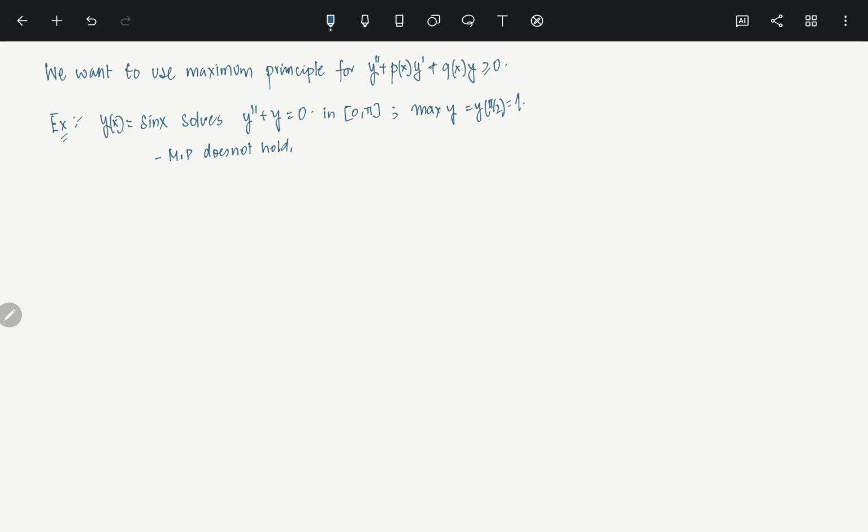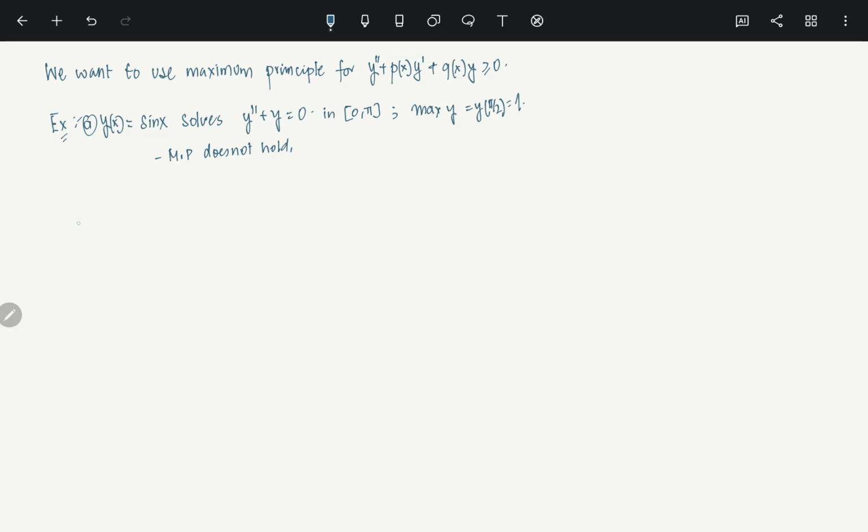So basically, we did it for y double prime greater than or equal to 0. Now if you want to add some lower order terms, so y double prime plus p y prime plus q y greater than or equal to 0, and do a similar sort of thing for this sort of equation, it does not work. That's what it says. Is it okay? But should we give up? We should not. Let me give you another example.